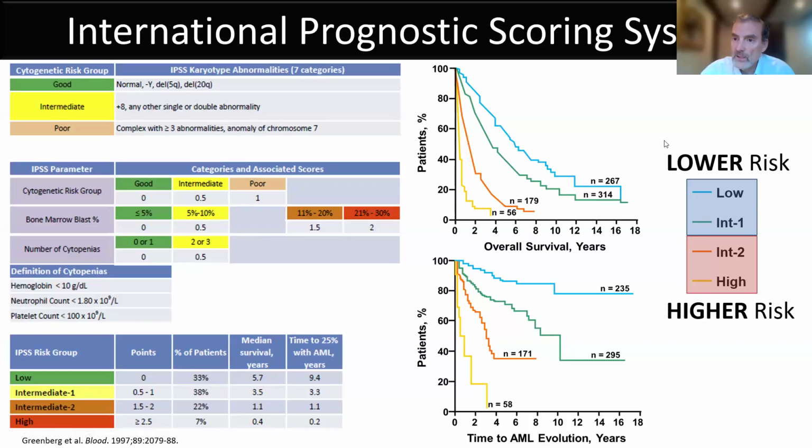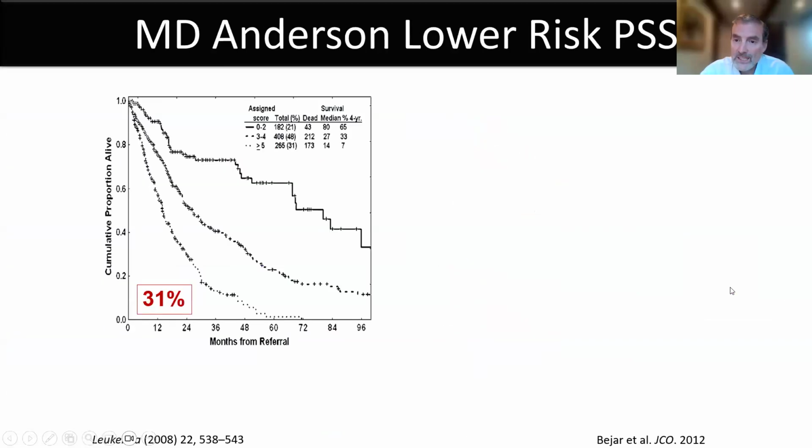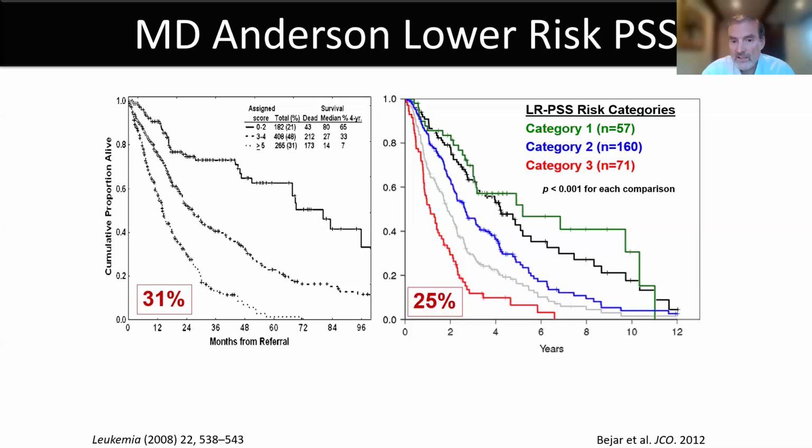And you can see here on the right that, roughly speaking, half the patients would have lower risk disease, or maybe two-thirds. Those would be the ones in the low or intermediate-1 risk groups. And the ones who were intermediate-2 or high risk would be considered higher risk. So we almost divided them right down the middle. But we learned pretty quickly that that system was a little bit flawed. If you used a more nuanced risk stratification system in the people you thought had lower risk MDS, you could identify about 31% of them that actually had greater than low risk disease. And we validated this independently in our own lab and found that to be roughly the same. So there were certain factors that weren't being considered by the IPSS, the first International Prognostic Scoring System,